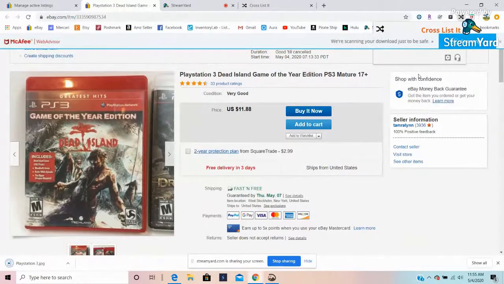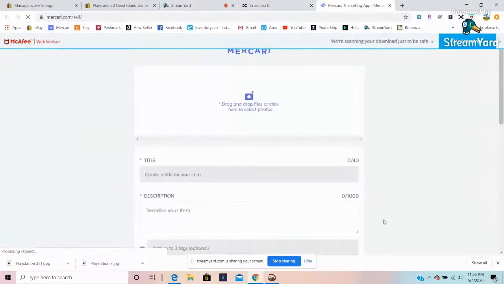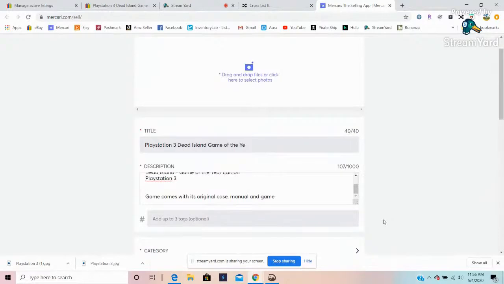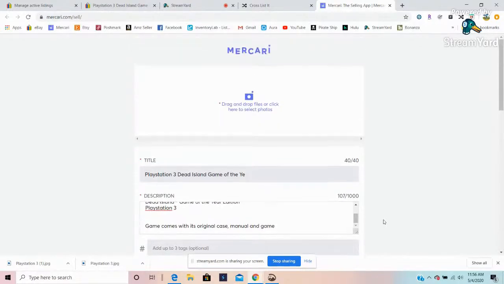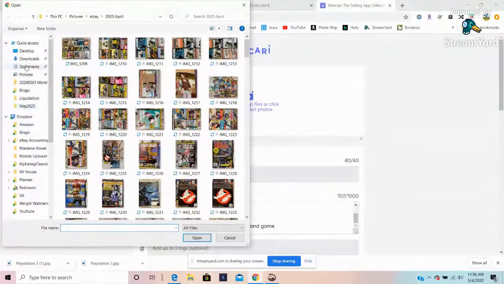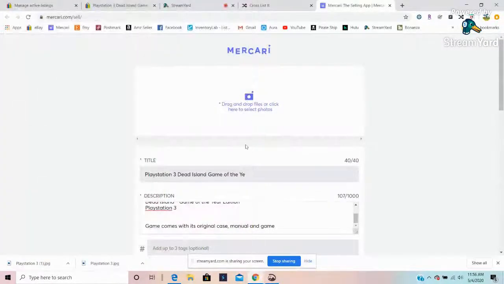So you hit start and automatically you'll see down here, it is downloading your photos. I think I only have 2 photos for this. Yep. So I drag and drop. If you did not download the photos, then you could just click right here and it would upload the photos for you. You'd be able to find them on your computer. In this case, since I didn't do that, I am going to click on here and just drag.